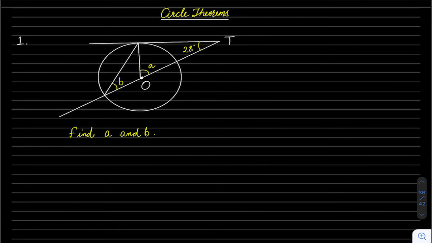So we have to find the value of A and B in this diagram. Okay. So now one thing is whenever you see a circle theorem question, first thing is it can use more than one theorem, and second of all, just concentrate on the diagram. You will see which theorem you have to apply in the question. So once you concentrate on the diagram, you will see. Okay, so for example, let's say we have to find A and B in this.